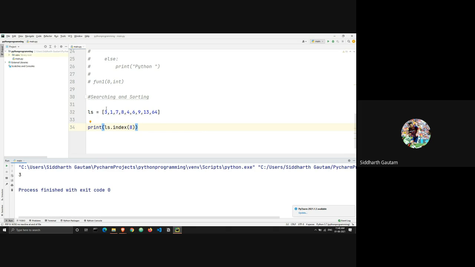This is index 0, index 1, index 2, and index 3. And at index position 3, I get my value of 8. So this was very simple. Any questions, anybody, in case somebody missed it?